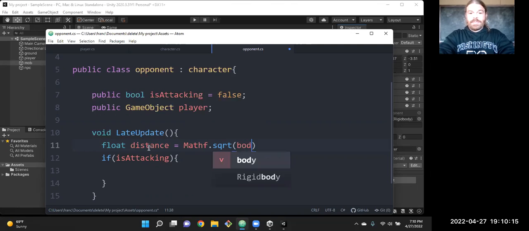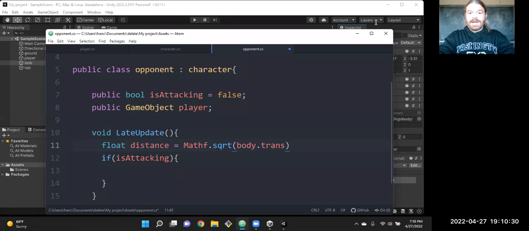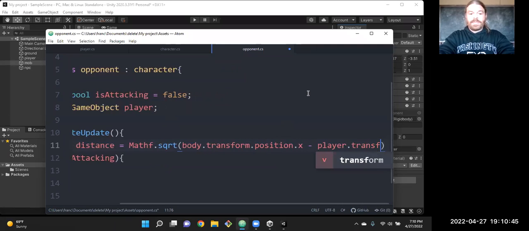So body dot, we do still have the stuff we inherited, right? We still have that body variable in the child script. So we can refer to that. So body dot transform dot position dot x minus the player dot transform